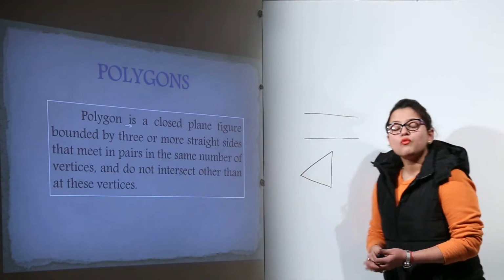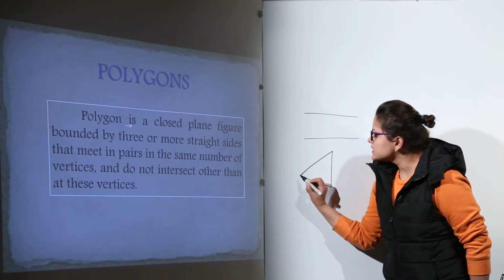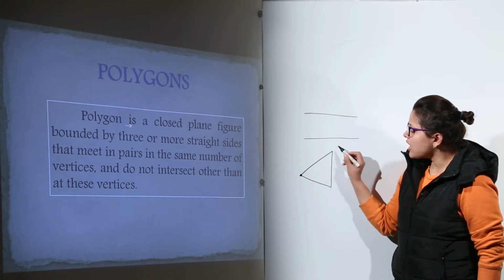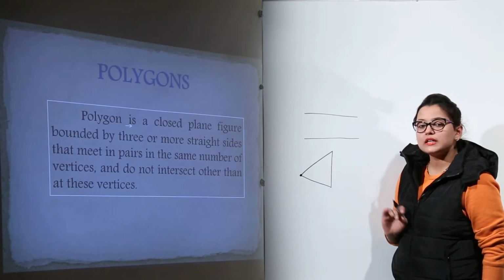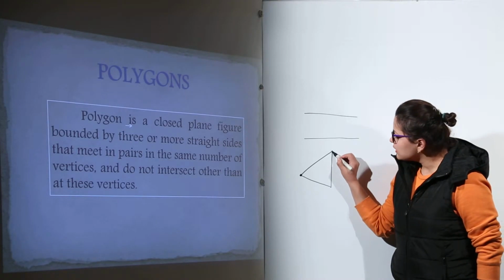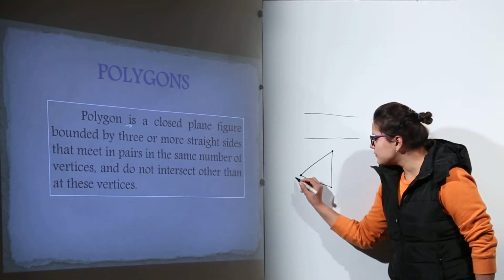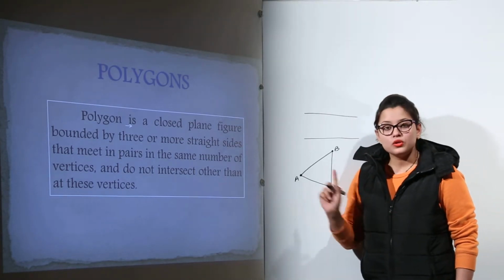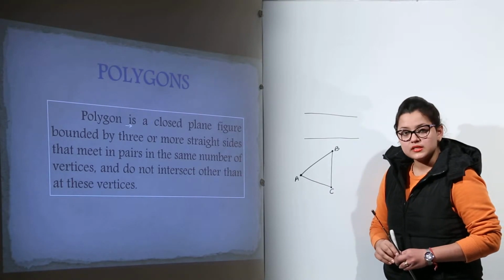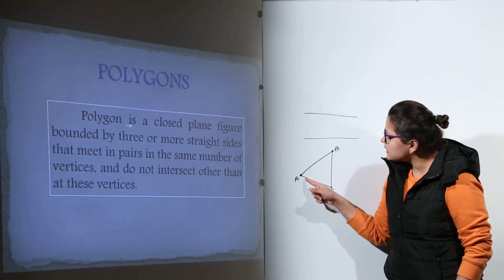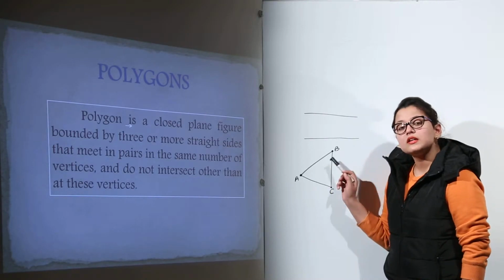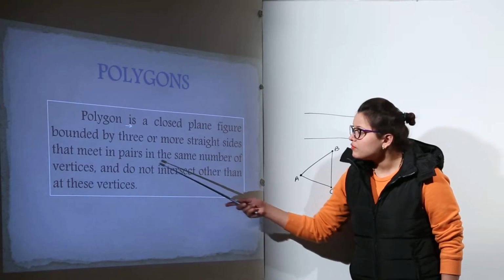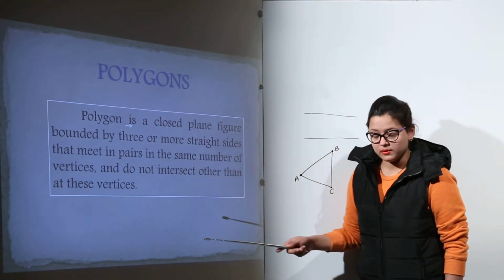Now we'll stop here. What is meant by vertex? Vertex is the point where two or more sides meet. If I ask you how many vertices are there in this shape, you would see there are 3 vertices. I'll name them vertex A, vertex B and vertex C. Now if I ask you how many sides are there in this shape, you would see there are 3 sides. That means the number of sides is always equal to the number of vertices. That is what we meant to say over here.